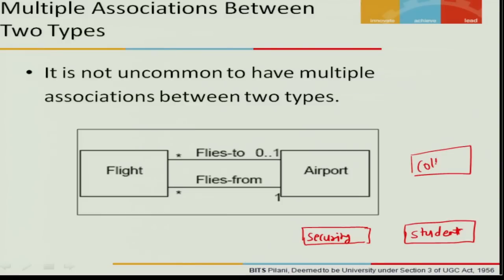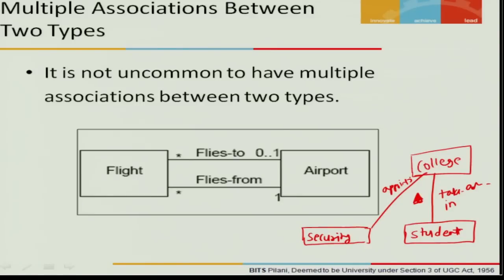Now if you include one more concept, college, you may add associations. So student takes admission in college. You can say takes hyphen admission hyphen in, and the reading direction is bottom to top. Student takes admission in college. You may say college appoints security person, so top to bottom. College is related to security, college is related to student. It doesn't mean that student should be related to security. So student and security, there is no relationship.